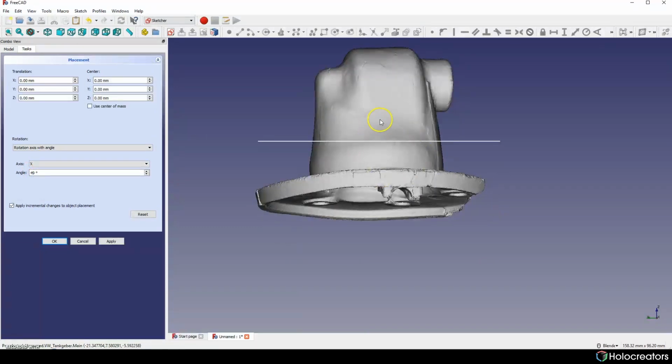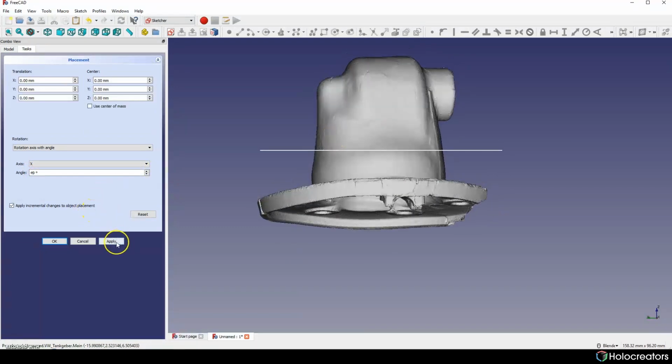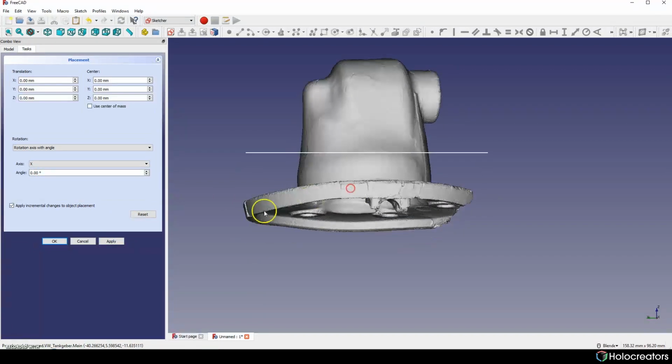For me it looks nice, so I can press apply, and by pressing apply, this will set the placement for our model.